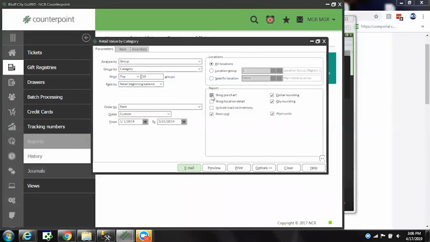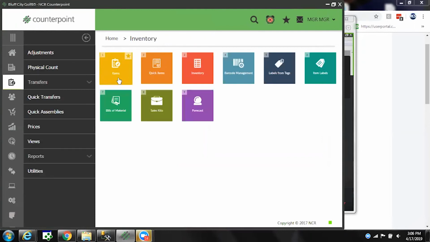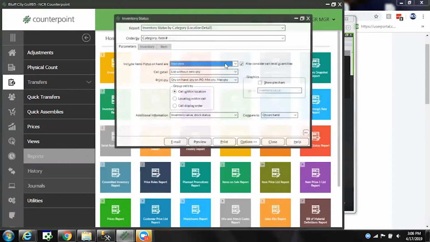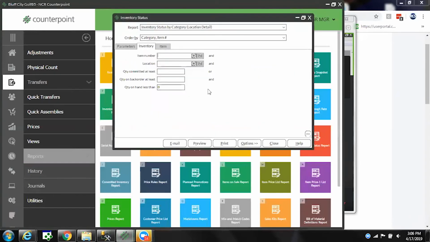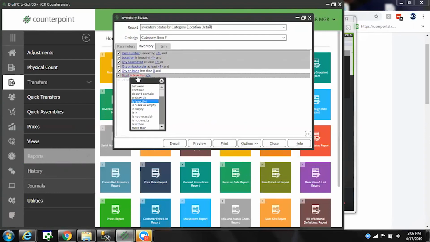We have one more question. This is from Kimberly. Can you do an inventory search by bin, basically by bin 1, bin 2, etc.? You can. I'm always cautious when I search by bin. Any report that's going to have an inventory tab will allow you to filter by bin. So here's that inventory status that we were playing with earlier. If I customize this for bin 1,